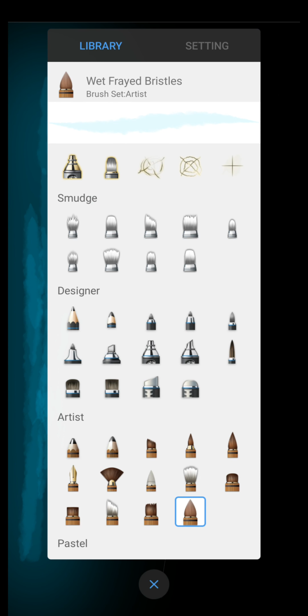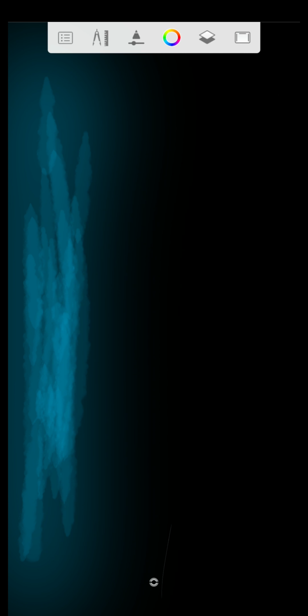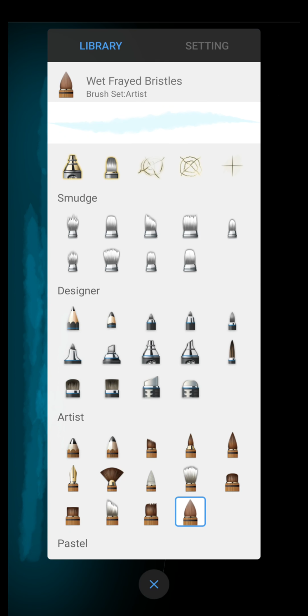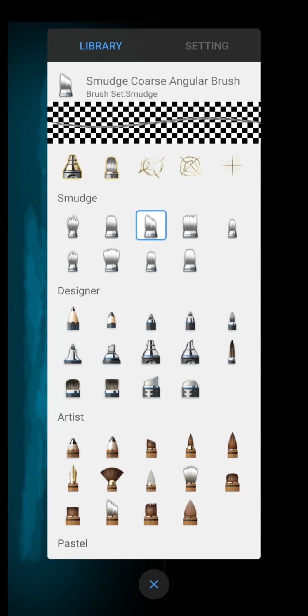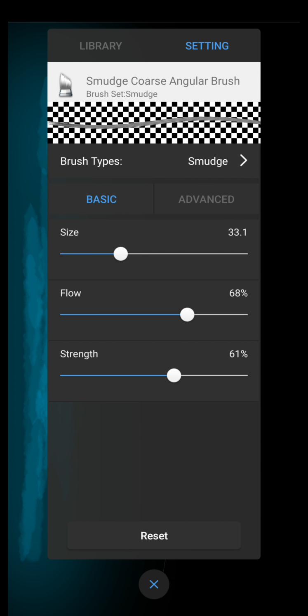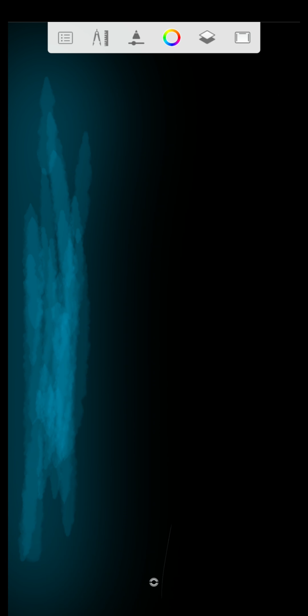Okay. Now we have added, but we need to make it more meaningful here, right? Meaningful in the sense they need to look like real water to some extent. What we need to do, we need to smudge it. Okay. Here I just pick it to be 50%. Let's see if that smudges properly to create that water effect. Okay. So I'm smudging it,